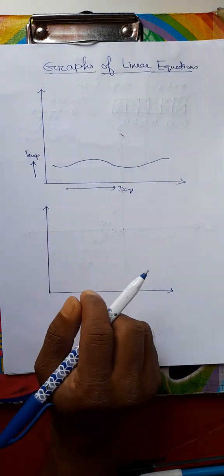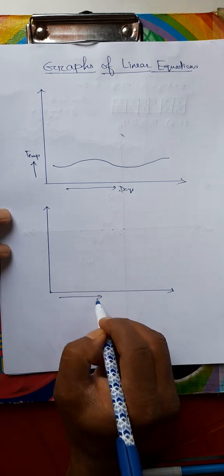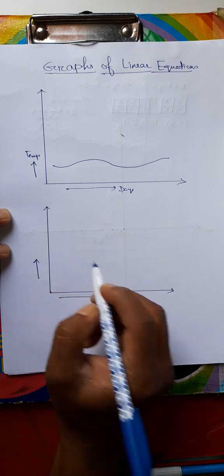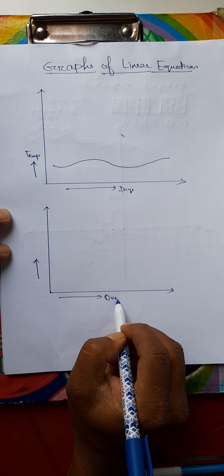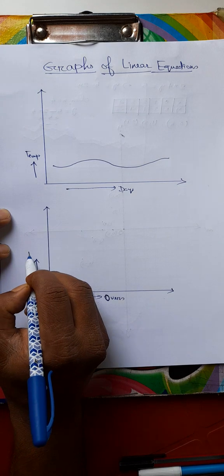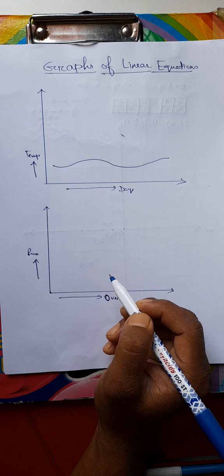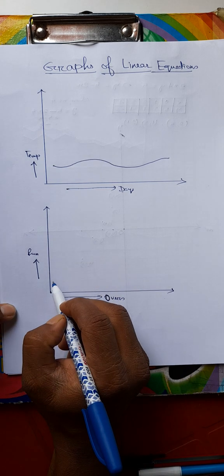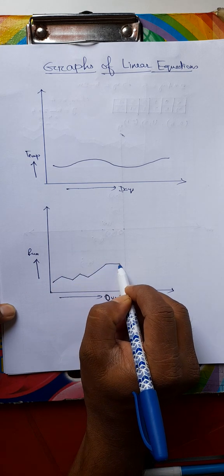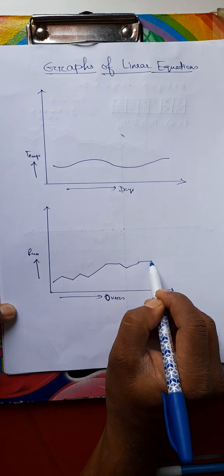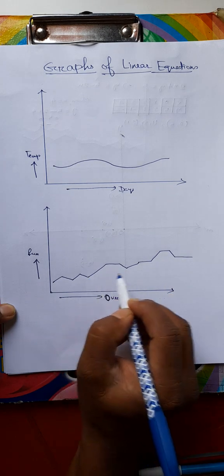Similarly, you are more familiar with the game of cricket. You might have observed the pattern of change in runs per over. Say for example, this side reflects overs, and along this side you represent the runs scored by a team. Suppose India is batting, you might have observed this type of curve like a joined line segment. Maybe the run rate is falling, then increasing, then falling, and in between you will observe the fall of a wicket like this,